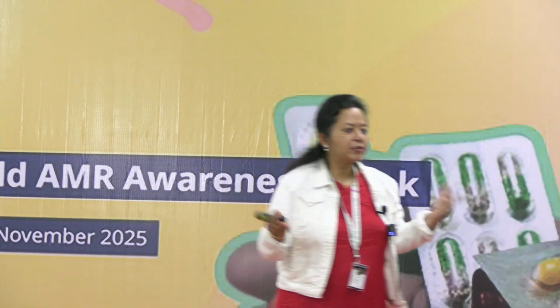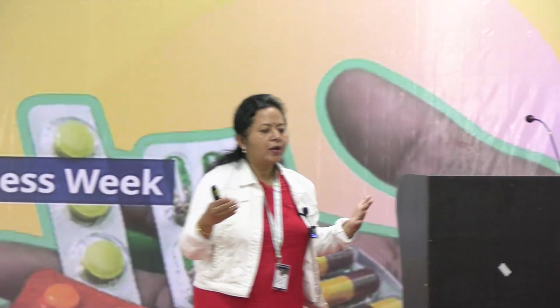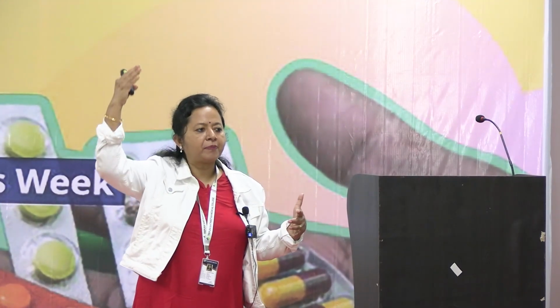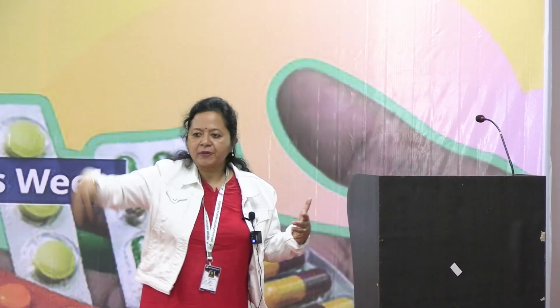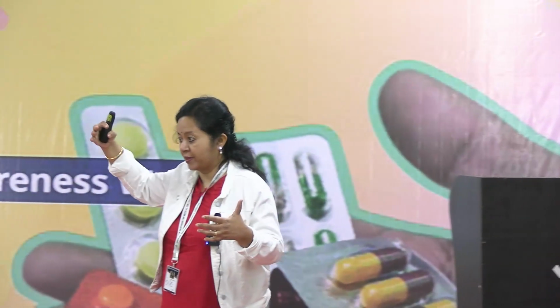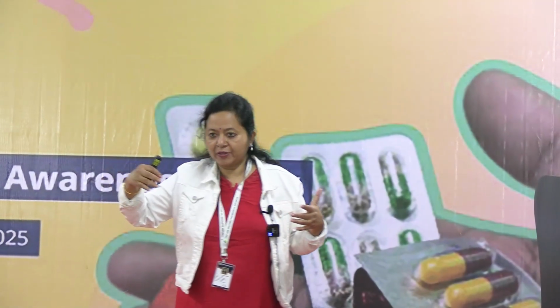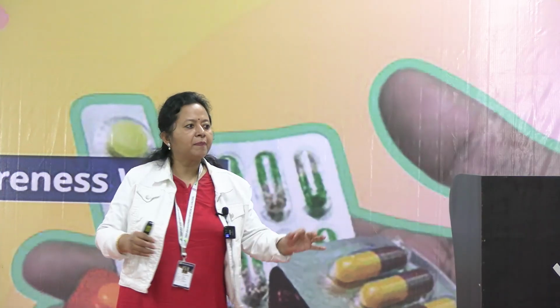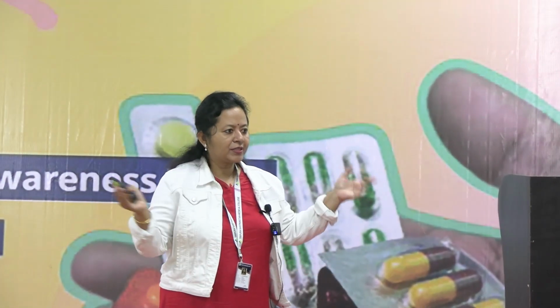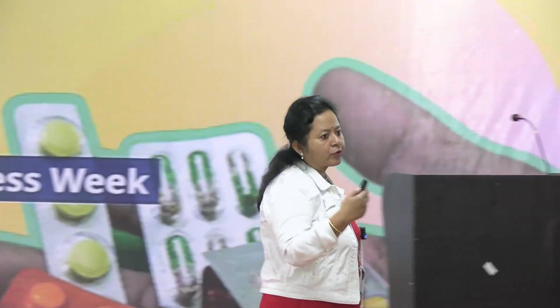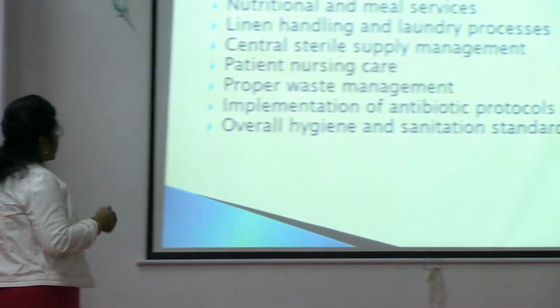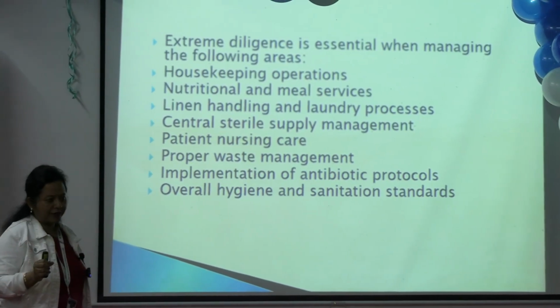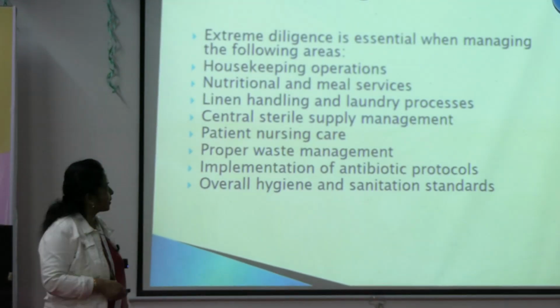At the end of the month, this committee sits together for a meeting, and there is a presentation by the infection control officer and nurse to tell that this percentage of doctors are washing their hands, this percentage of nurses are washing their hands in my hospital. This is the compliance percentage wise. Do you understand? Or this much percentage is our CAUTI rate in our hospital. So this many patients have got VAP. So this is the committee duty. And that's how they have to take the corrective action of the hospital. Less HAI in a hospital, that's very good, right? We don't want any hospital-acquired infections.